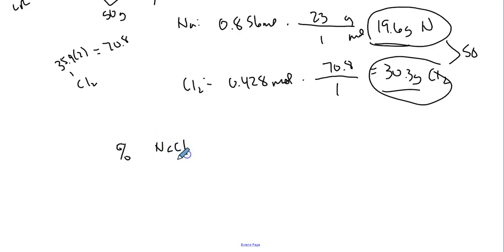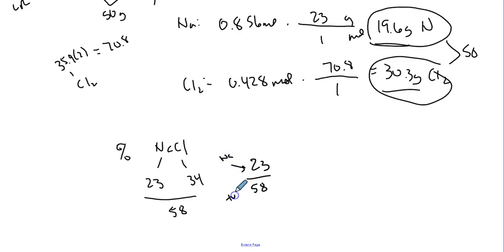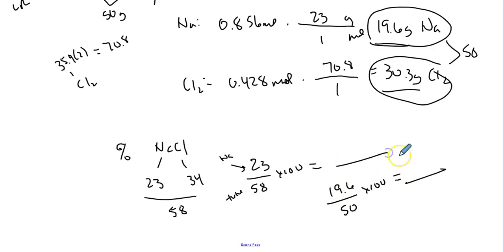So NaCl, this is 23, this is 35, total mass 58. So the ratio of 23 to 58, that's the mass of sodium over the total, times 100, equals the same thing as this: 19.6 of the sodium divided by the total, which is 50, times 100, and you get the same ratio. It's the same atoms, same substance. Alright, so,